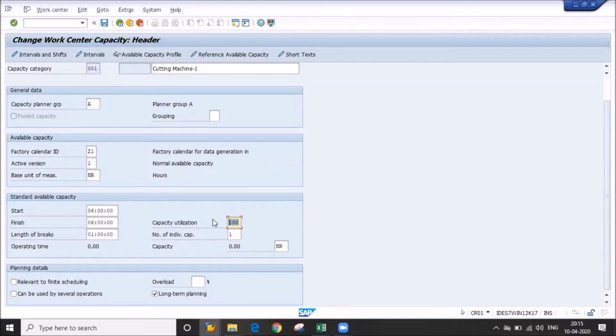A number of individual capacity means how many machines are there for the same cutting machines. Yes, like that. So generally we are giving, that's why I given 1, 2 like that. Because it is not possible that on each and every machine the same product will be generated. Suppose in cutting machine 1, I'm giving an example, your Crompton Greaves battery will be generated.